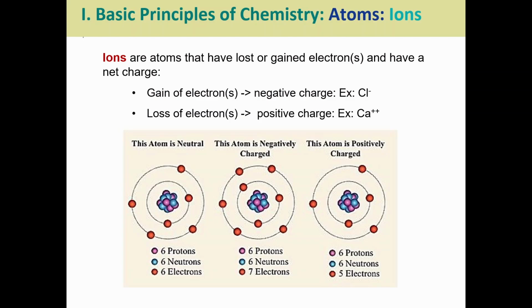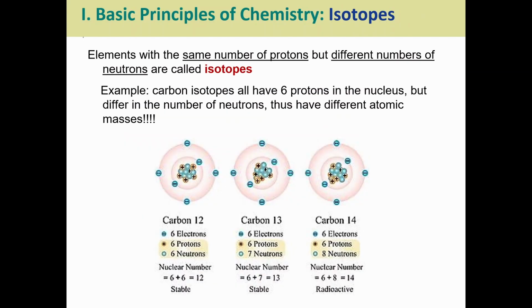So here's just a couple examples. We see a chlorine ion with a 1 negative, so we have one single extra electron there. And our second example is calcium. We have lost 2 electrons, and so we are Ca2+. Now, I mentioned earlier elements that have the same number of protons but different number of neutrons are called